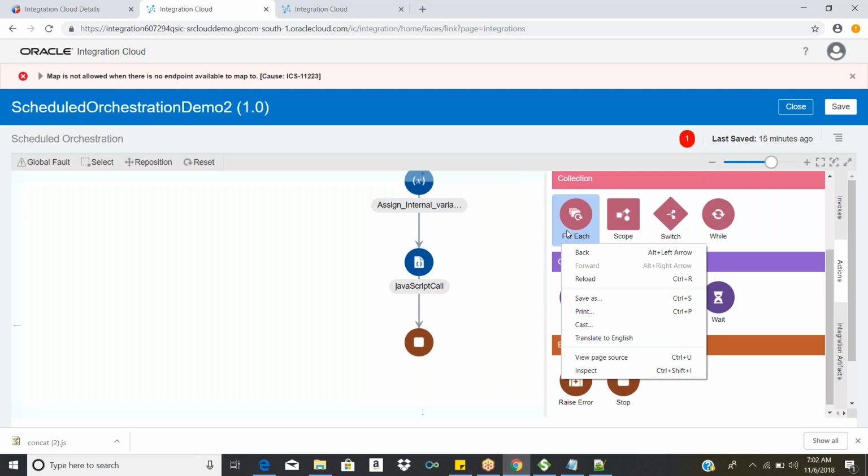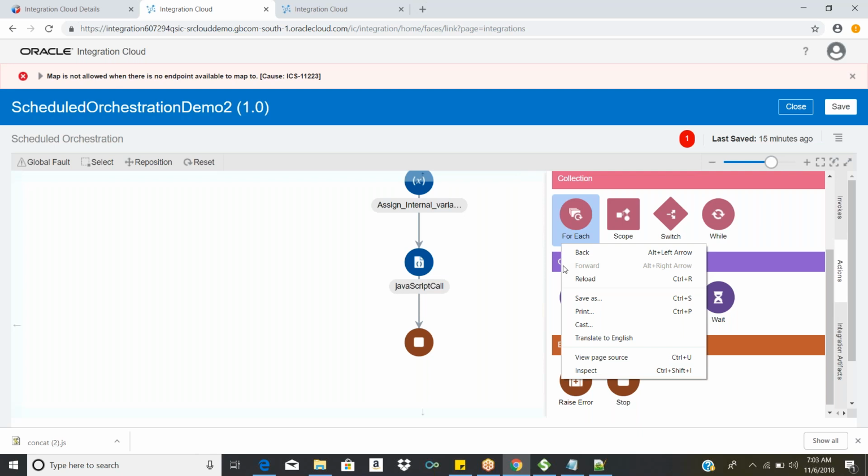Yeah, the same loop concept. If my XML has multiple complex types, let's say you're talking about order management, and my XML contains multiple orders, 5 orders, 10 orders.